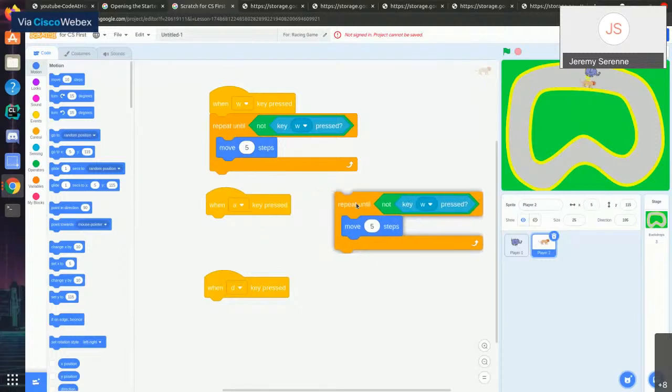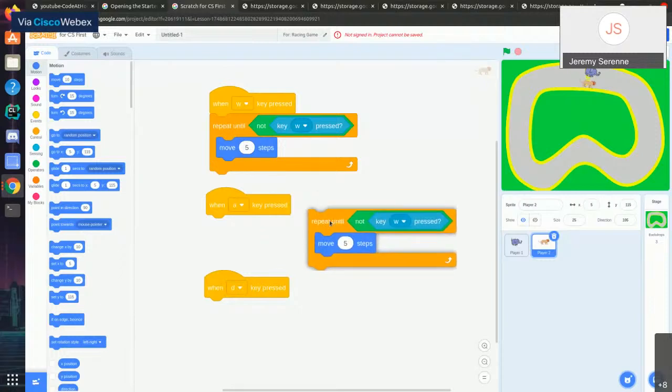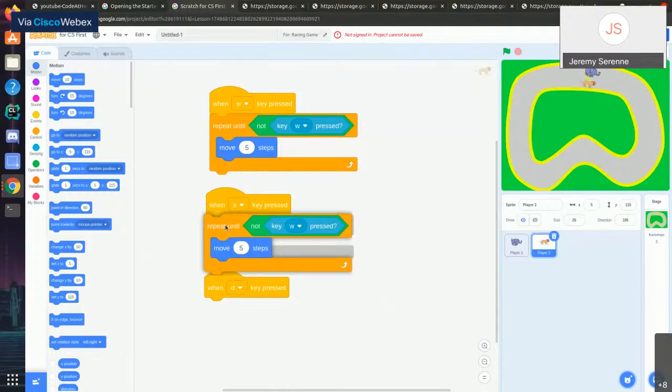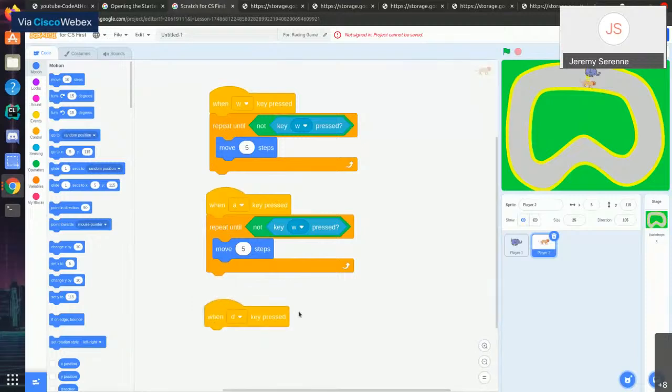Drop this block just under the second event. So the block is called "when A key pressed". Okay, nice. Take the "move 5 steps" block and drop it on the left of your screen,